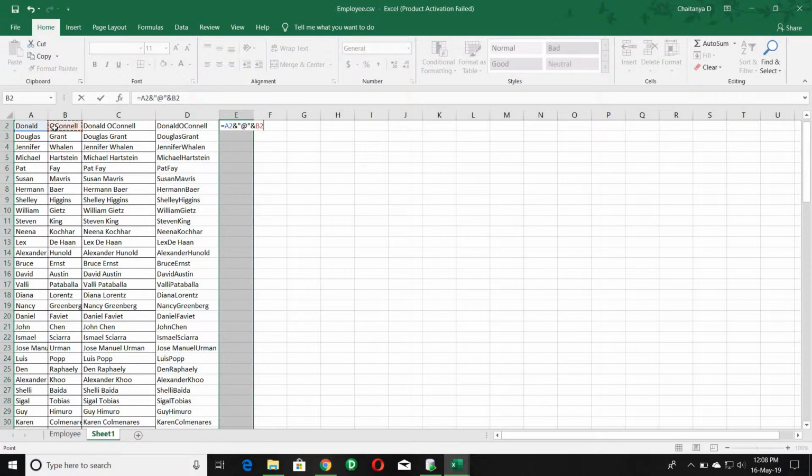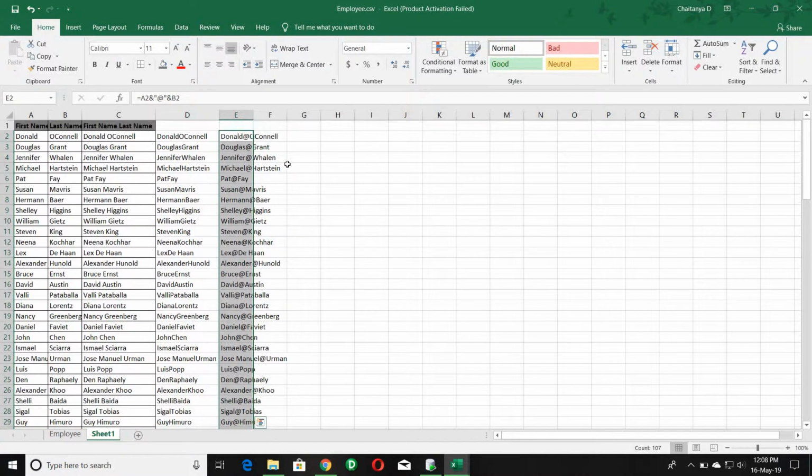Just click Control Enter. Here I'm separating these two names with this separator, separating these two fields, right? So I have data in this way. I want to split this particular column into two columns. Here I had two columns and merged them into one column. But if I want to split this single column into two columns again,